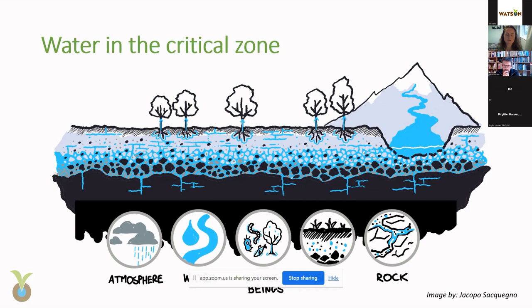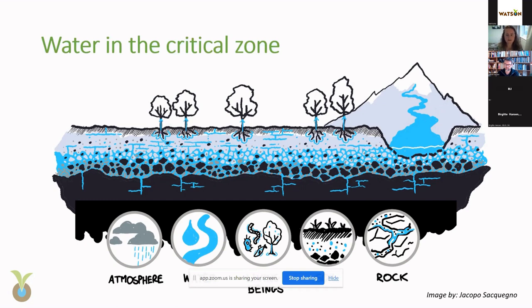So how long does it take for water to be in different compartments and move between them? And understanding how much water is available when and how clean this water is, that's really key for addressing water resources in agriculture,